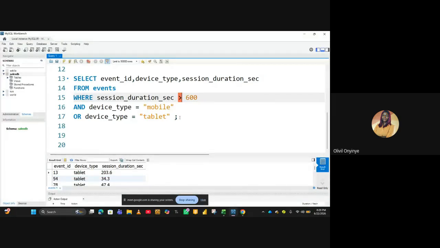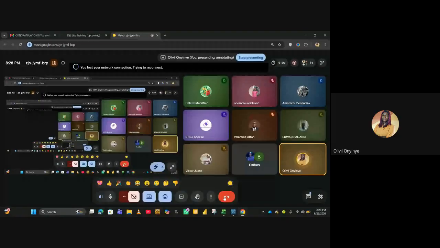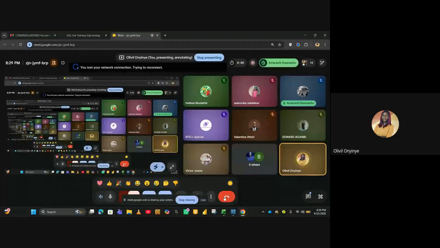So that is it. Moving on again, I want us to look at the OR. Let's look at how we can apply another of these conditions from our customers table. I think from this customers table we have